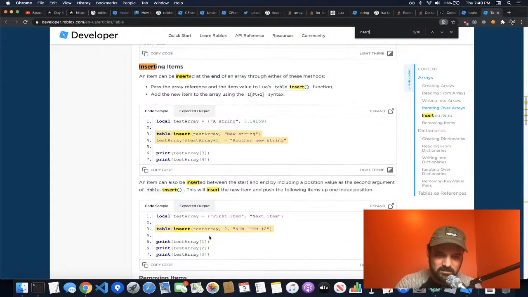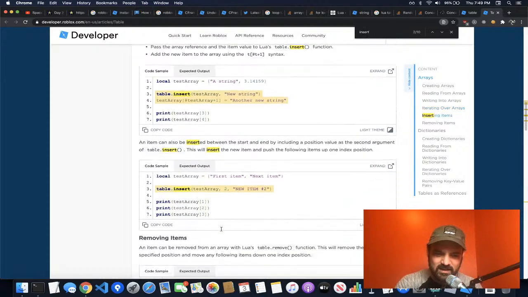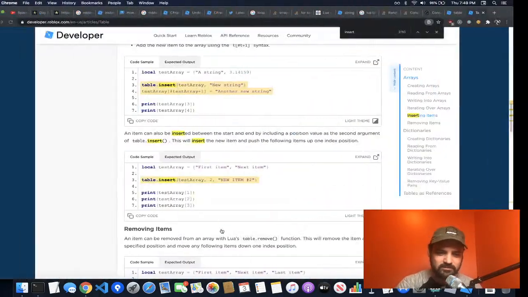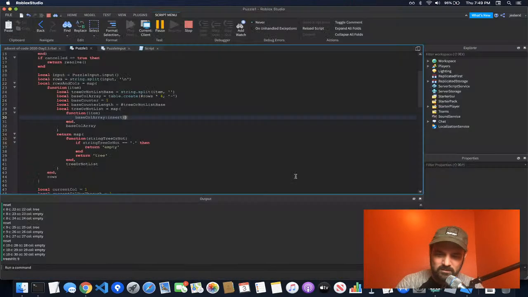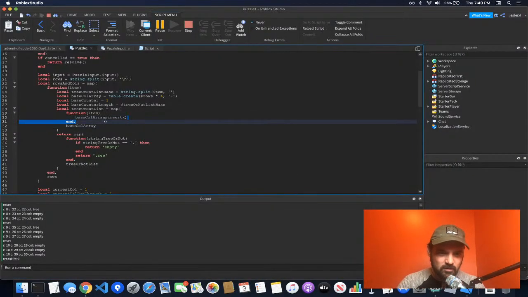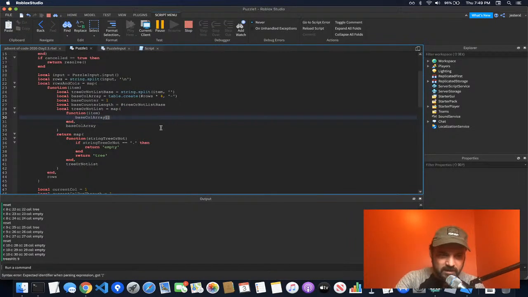Okay. See, I'm going to be inserted between the start and end by including position. Yeah, I don't want to do that. I just want to set the value. We'll just set the value. It's fine. Jumping between Roblox Lua and other Lua is hard. All right, so we'll say